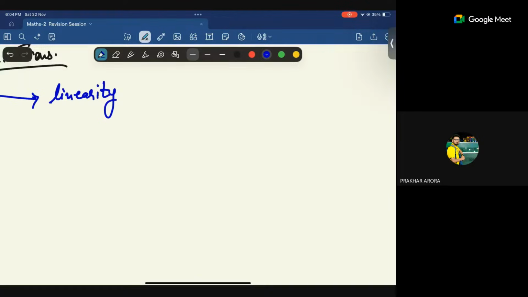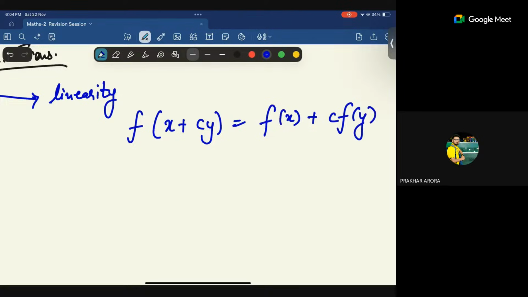Linearity means any function is called linear if this is true. Whenever or wherever you talk about linearity, you will find this definition. This is the standard definition, and this is indeed the right definition also, but this is not the definition I like to teach the students. I don't think it is perfect to teach students about linearity.